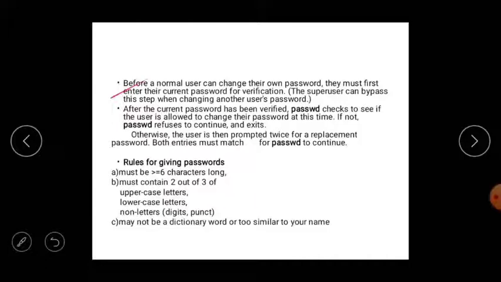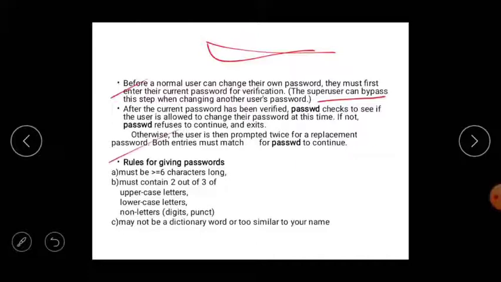But the super user can bypass this step when changing another user's password. When the super user goes to change it, the enter-current-password step will be bypassed, means that step will be skipped. Okay, this is the explanation for passwd.